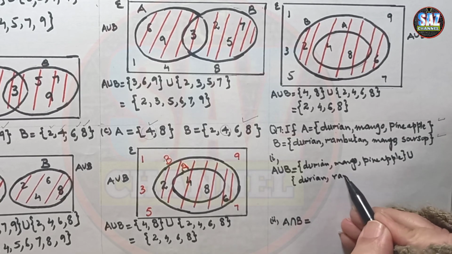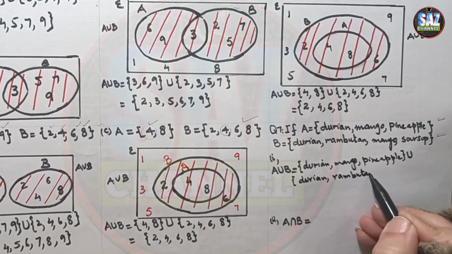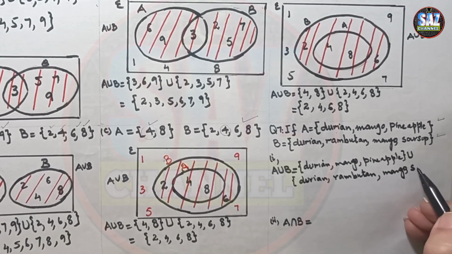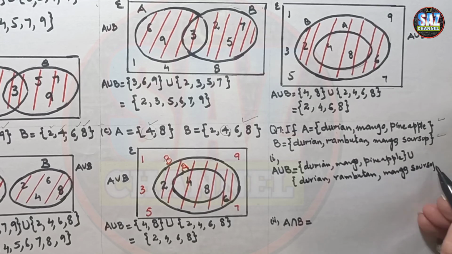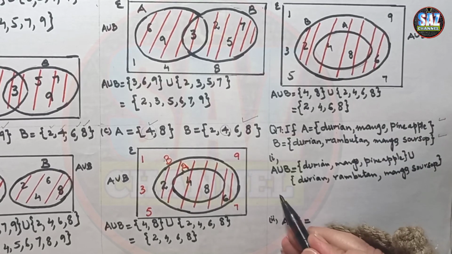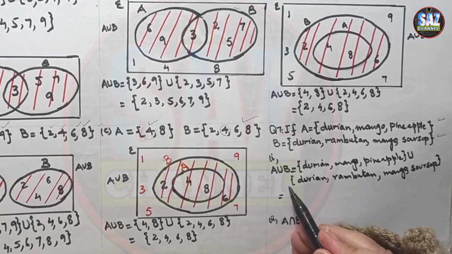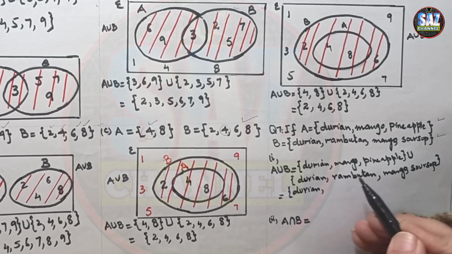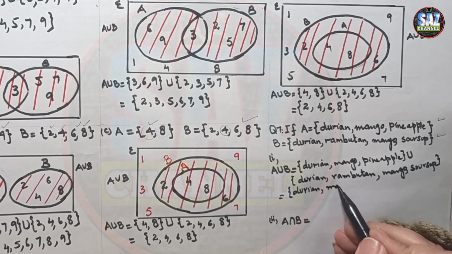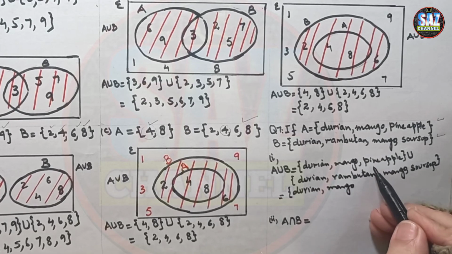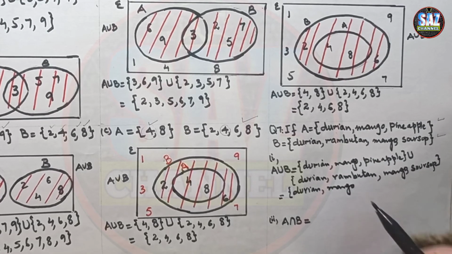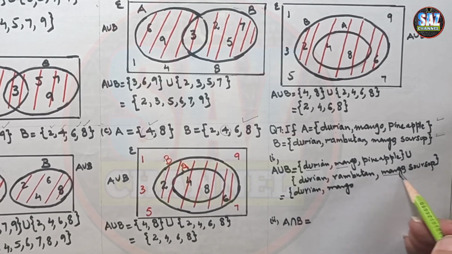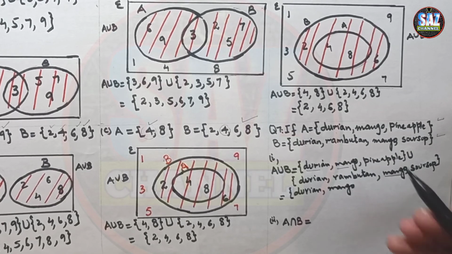rambutan, mango and soursop. In the union I have to write all the elements. So durian will be coming, durian, mango, pineapple. Mango is the same, durian and mango are the same, so we have to write them once only. Then pineapple,